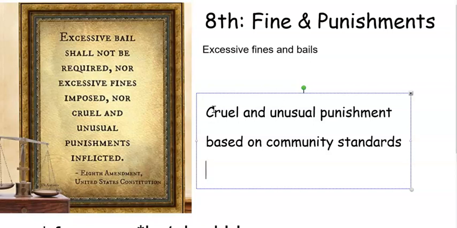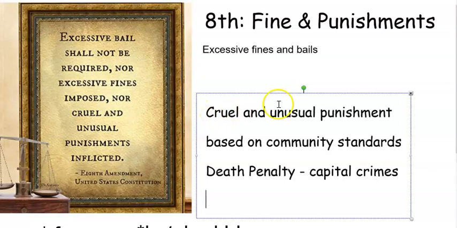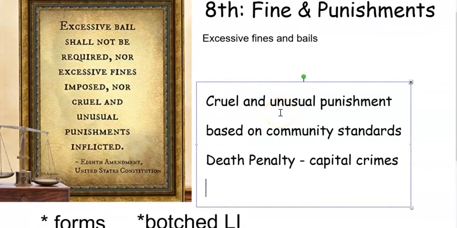Now, community standards can differ depending on what state you're in, so that kind of helps us understand why some states have the death penalty and what we call capital crimes, and some states, like Minnesota, do not have the death penalty. When we look at the death penalty in the United States, there are still 5 forms of execution allowed that our Supreme Court has determined are not considered cruel and unusual punishment. One is the lethal injection.